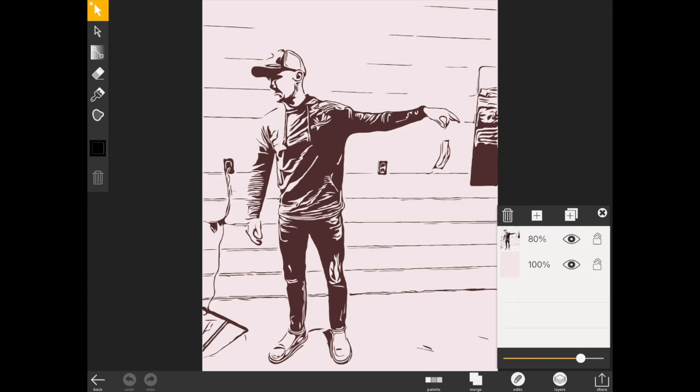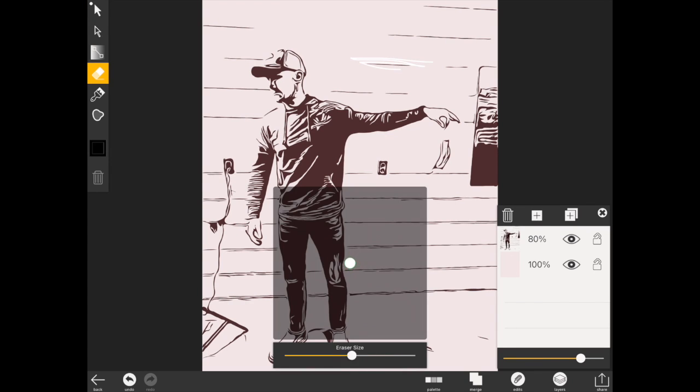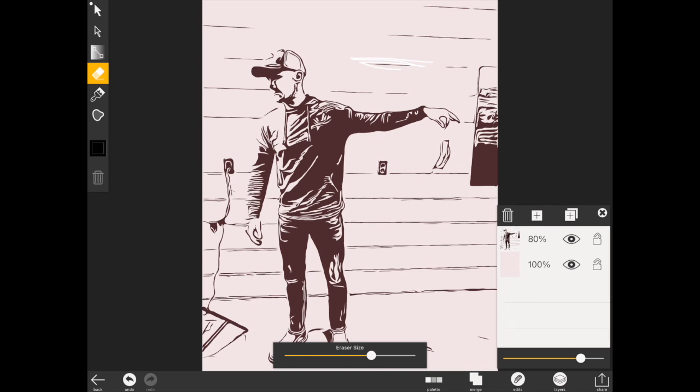And now I can come in with the eraser and start to erase. Here's the size at the bottom. You can scroll left and right. And I can erase this. Now before I do this, notice at the bottom right, there's layers. I don't want this pink color in the background. We can just hit the eyedropper, or you can select it and hit the trash can, and it totally gets